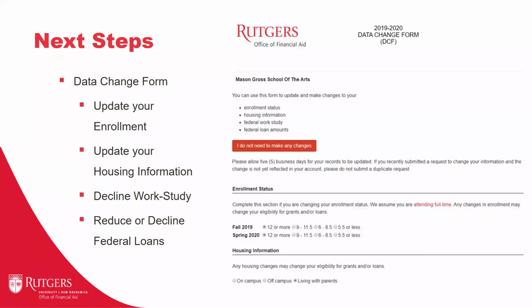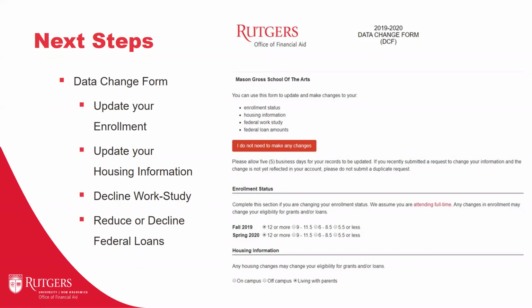So here the student can update your enrollment if you're no longer full-time. Right where you see enrollment status, if you will not be full-time, instead of being 12 credits, you'll have between 9 and 11.5 credits. You click on that, and that will make you a 3/4 time student. That can definitely affect your financial aid as you change your enrollment. So bear that in mind, that whatever changes you make here, you may receive an updated financial offer letter after these changes are updated.